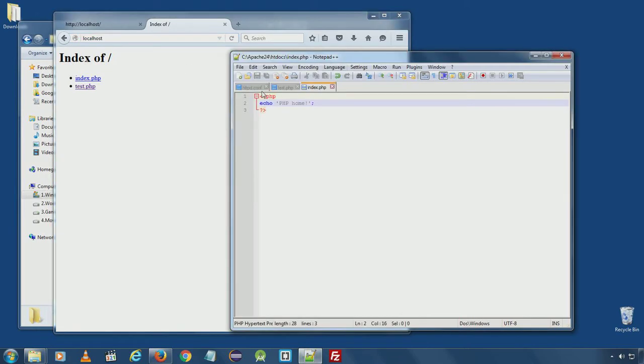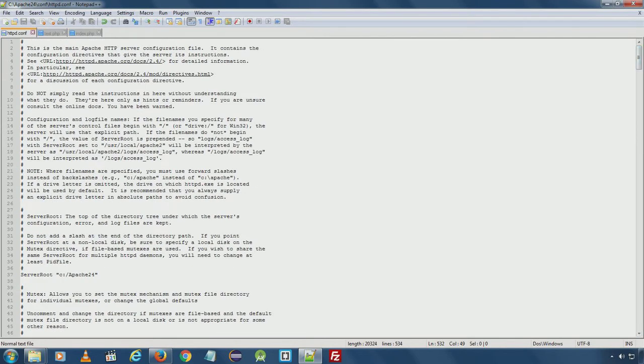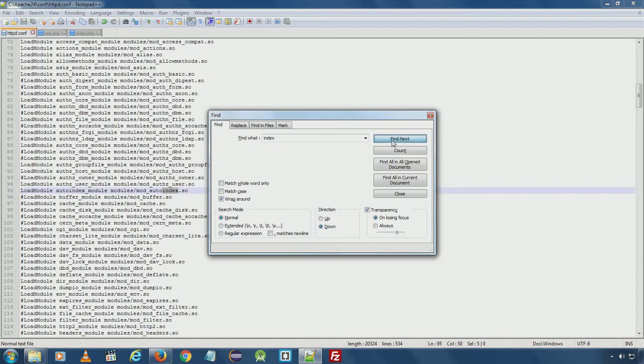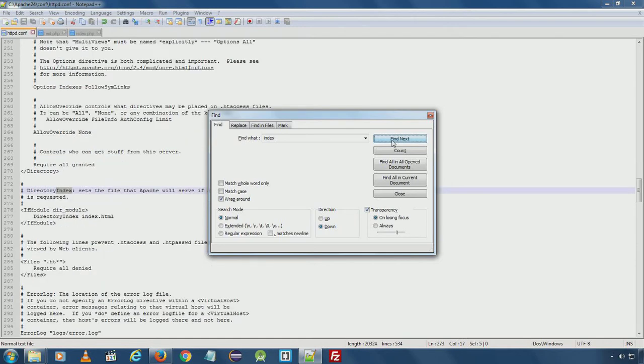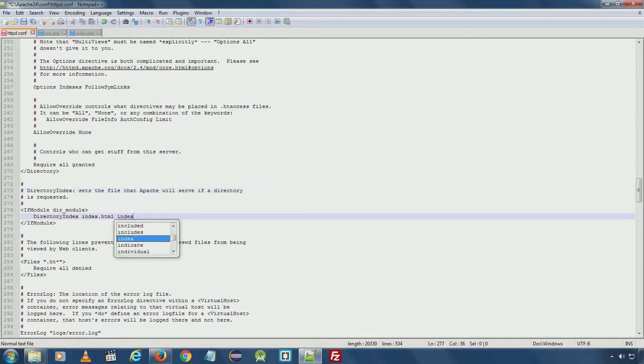So we will have to edit the httpd.conf file of Apache server and find index. Here you see directory index is index.html. Type index.php. Click save.